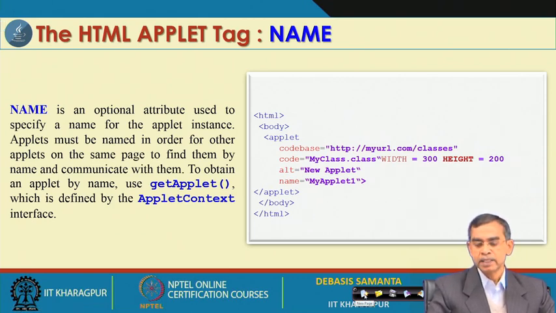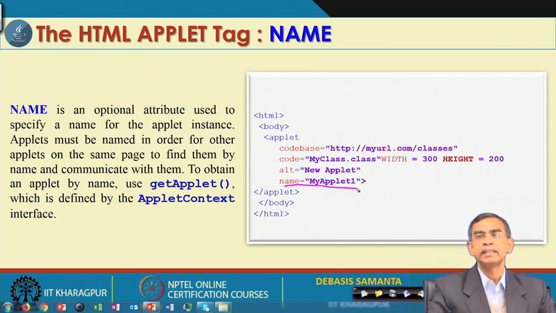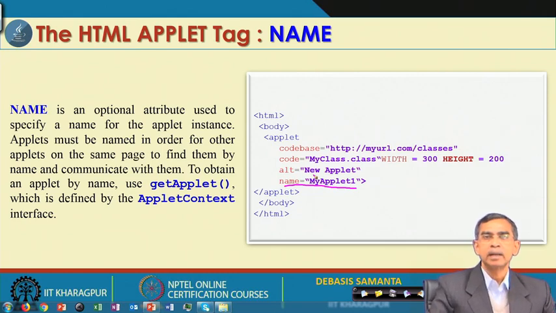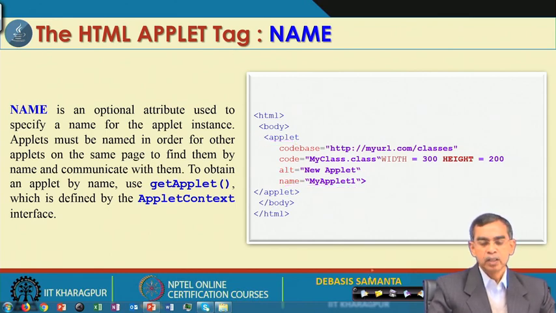So, name is the one specification by which each applet has its own unique name. By this name, in applet programming, using the method get name, the name of the applet can be understood, and using this, some communication can be established or some communication protocol can be implemented. That is why the name tag specification is there in the applet. And the name can be obtained by the get applet method, not get name.